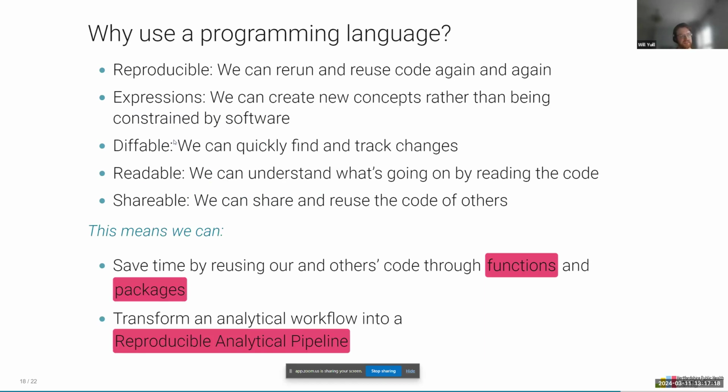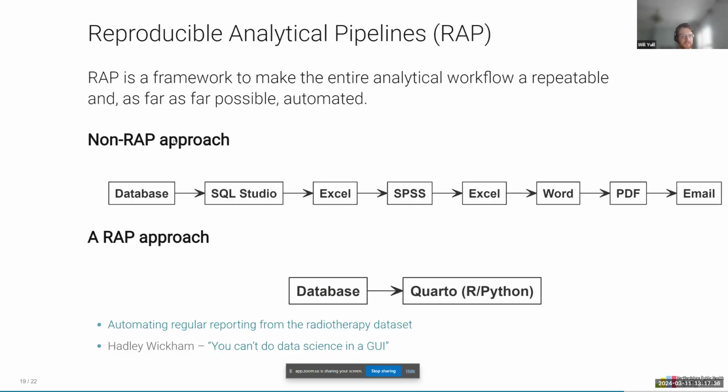And what that means is that we can save time by reusing our code and also reusing the code of others through functions and packages like tidyverse, tidyr and dplyr. And we can also transform that analytical workflow into a reproducible analytical pipeline. So the different thing that RAP stands for, other than RAW thing, is reproducible analytical pipeline, which is essentially a framework that tries to take that analytical workflow that we talked about at the start and make it as repeatable